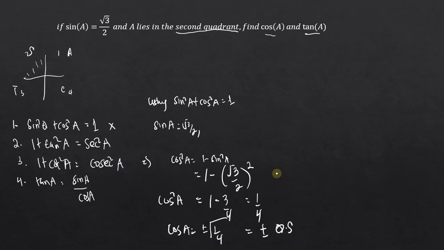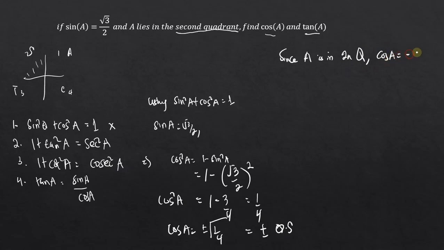So the answer we have now is plus or minus 0.5. But remember, we said that in the second quadrant, cos is negative. So the answer that you are supposed to get for cos A should be negative. So you now say, since the angle in question is in the second quadrant, I'll just use Q for quadrant, comma, cos A